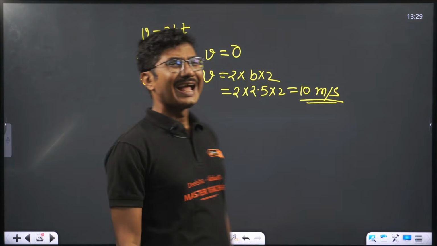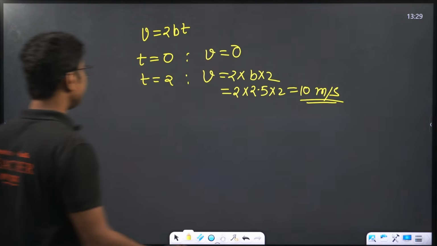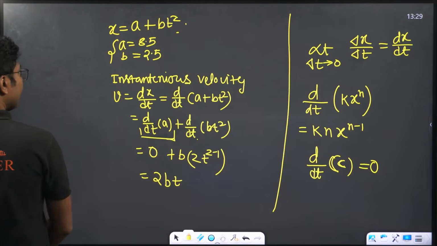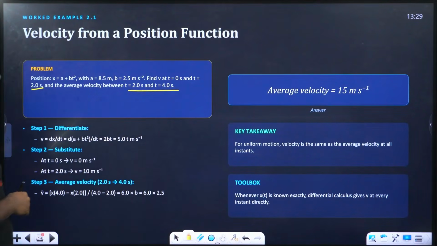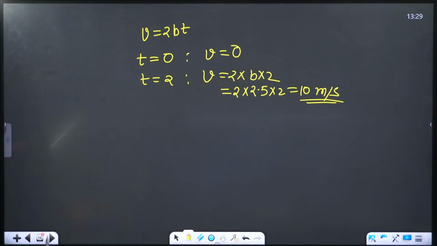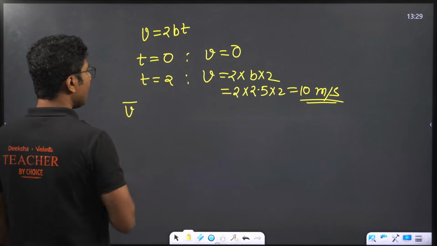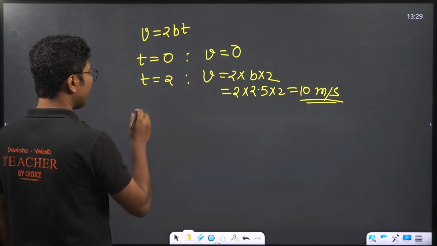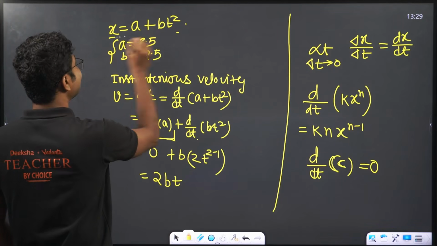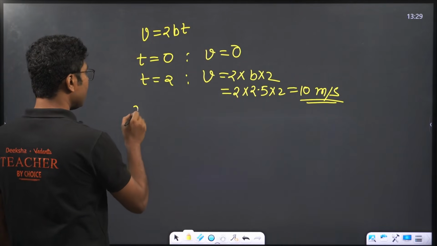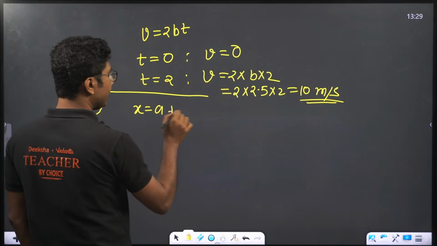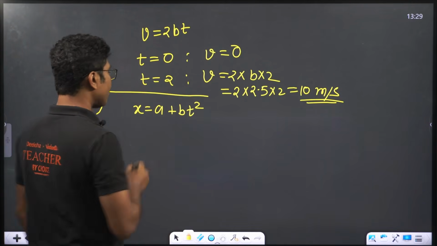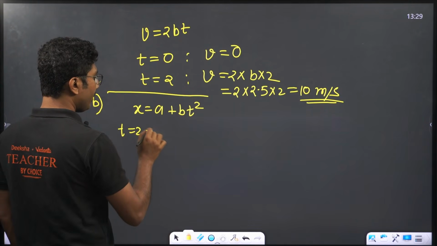Now how to calculate average velocity? The question was average velocity between t equal to 2 seconds to t equal to 4 seconds, find the average velocity. So average velocity can be calculated using a very simple method. First you have to calculate x, which is given as a plus bt square. So at t equal to 2, you just need to put